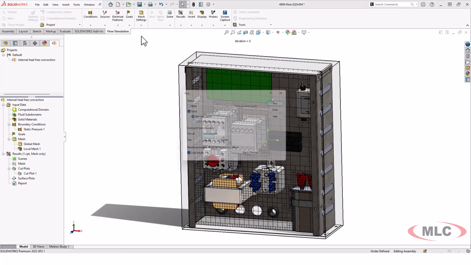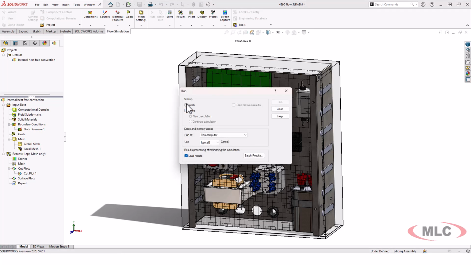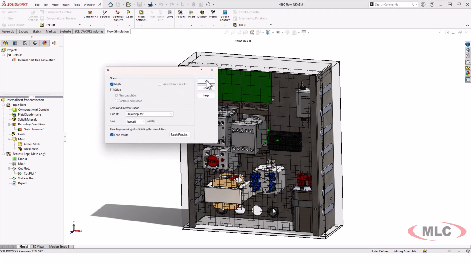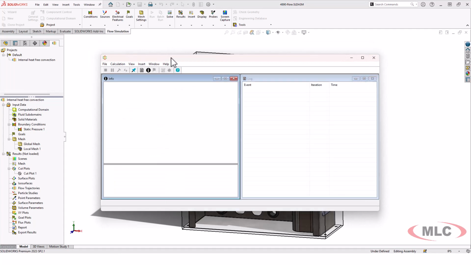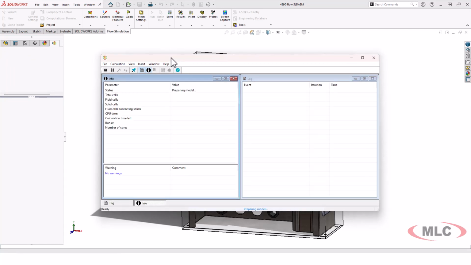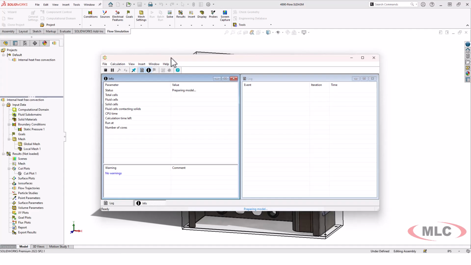So let's run this one more time. I'm going to manually tell it this definitely needs to be meshed. Sometimes you change a mesh setting and it doesn't recognize it's new. So you want to make sure to check the box that says mesh to make sure that that thing gets remeshed